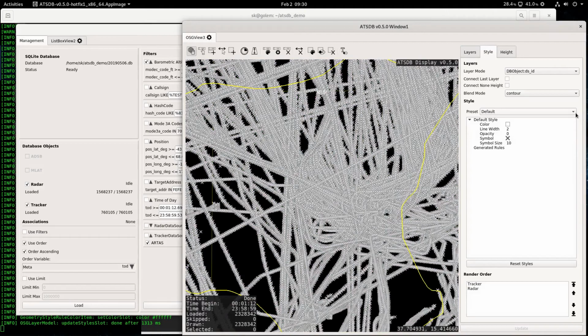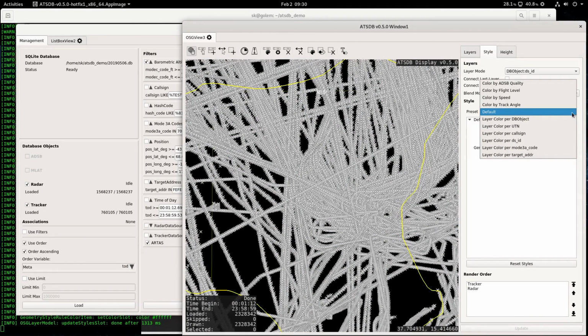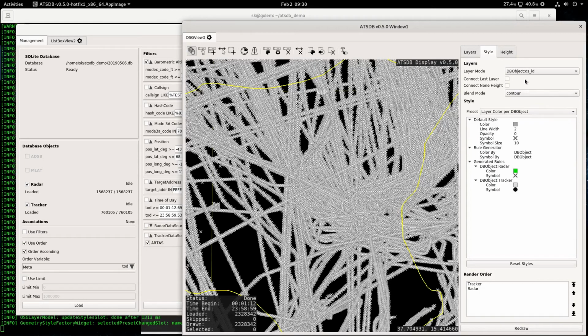Okay, so now let's switch back to the previous style, layer color by database object. In each layer, we have the information available from which database object the data comes. And in addition to the default style, there is a rule generator. A rule generator defines how rules are generated. For example, generating a new color by database object and a symbol by database object. Now, when data is loaded, rules are generated according to this generator, which says now, okay, for a database object,